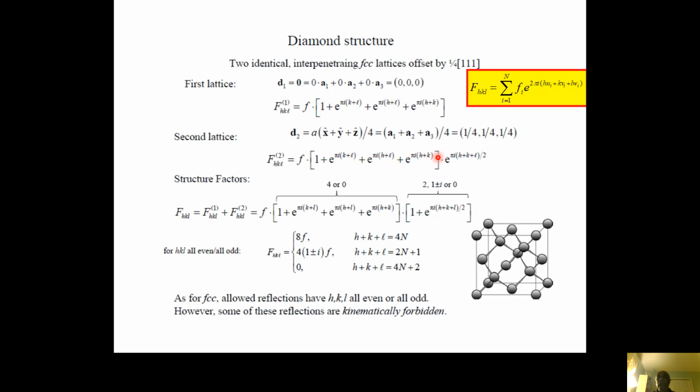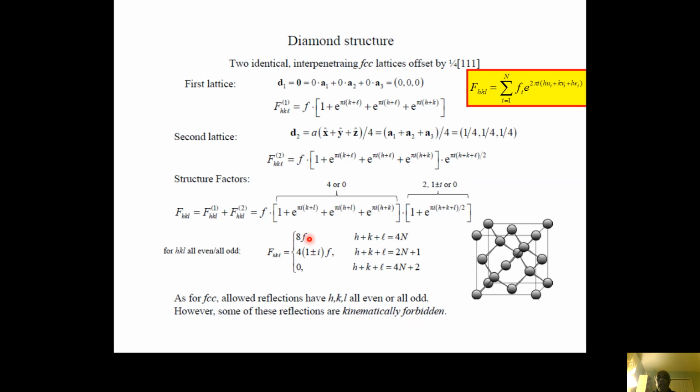So if you add this one, you get this additional term here, right? Please substitute with this one. So now if you calculate the total structure factor, you have to add the 2, one for the regular FCC, the other one is the interpenetrated one, along this quarter length interpenetration. So then you calculate this one, you will get